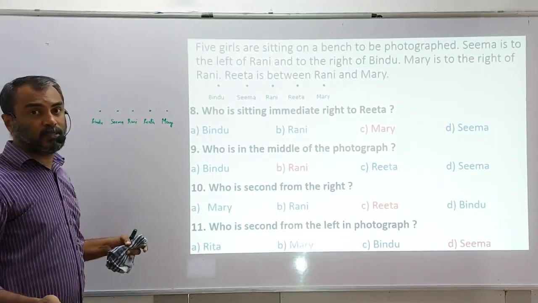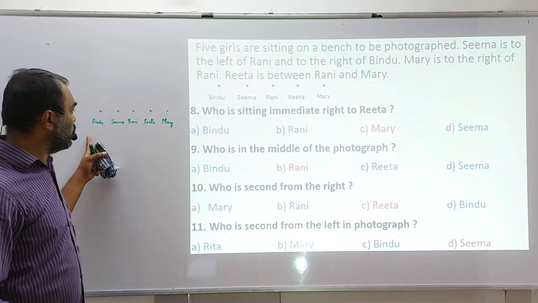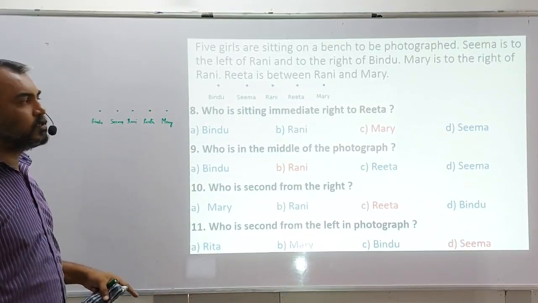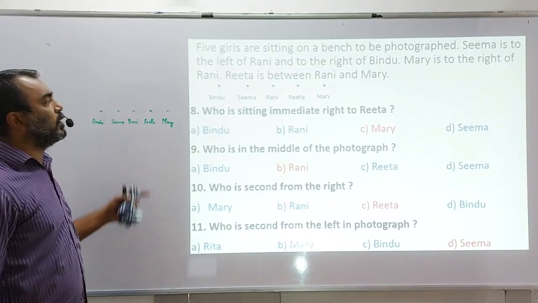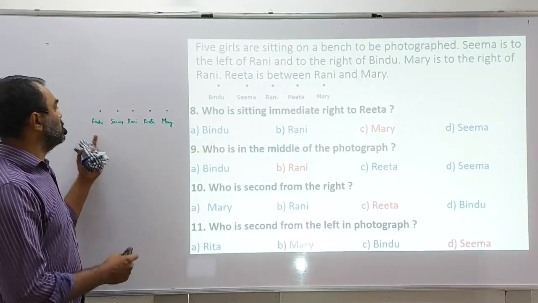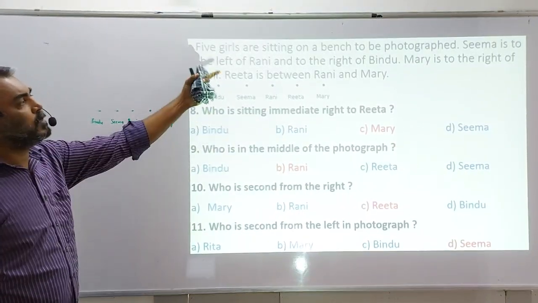There are chances you may get it right at the first try. There are chances you may not get it right at the first or second, but by the third try you will get it right. So this is a very good thing to do based on the instructions.